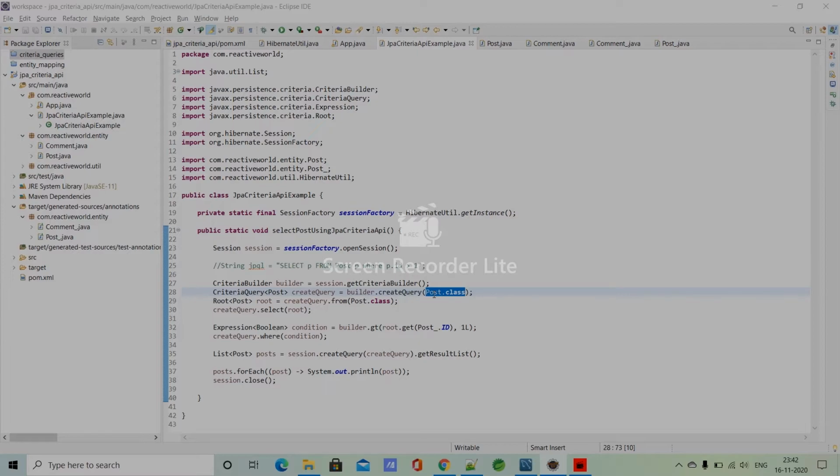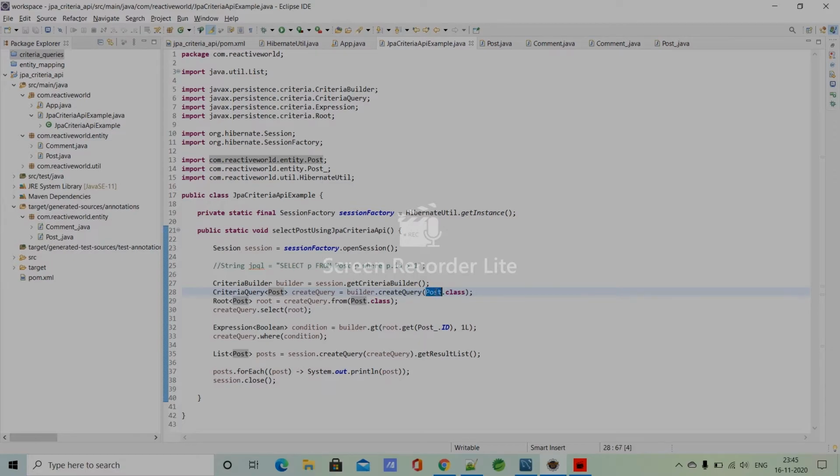You can pass any type here. Okay, so we want to select all the columns of the entity, so we have passed the entity as an argument here, and it will be the return type of our query result.